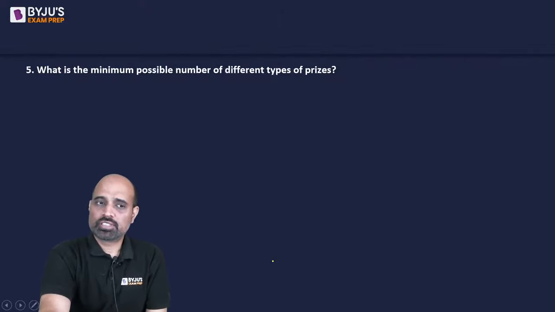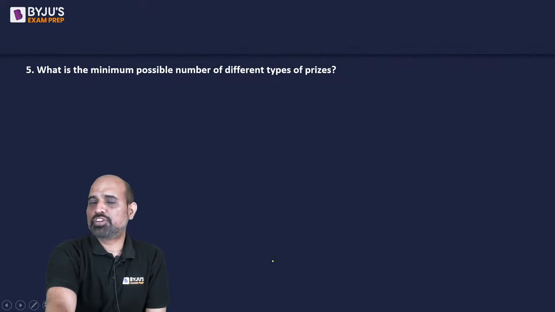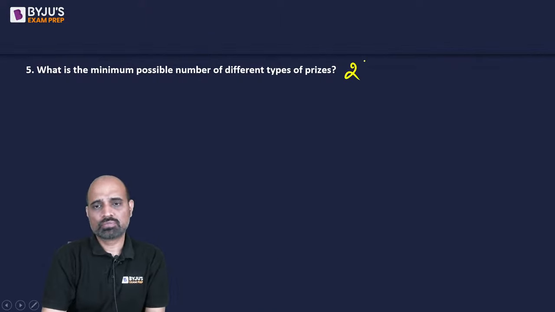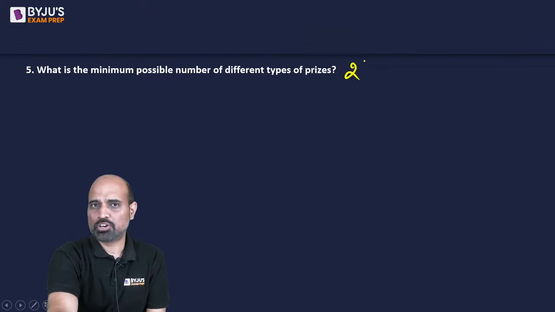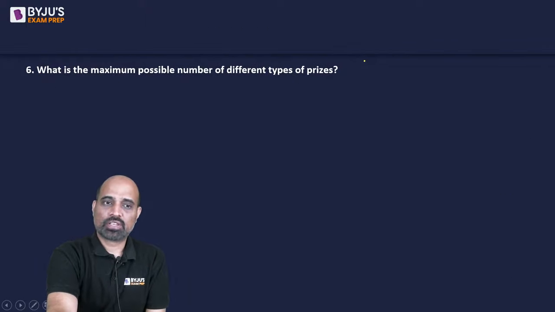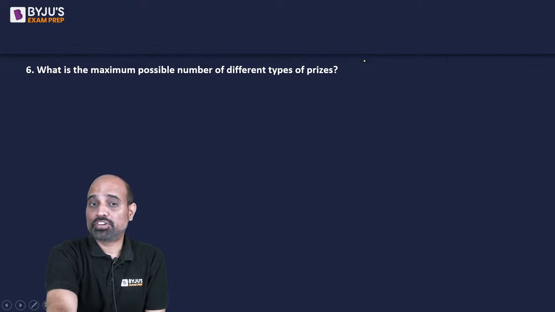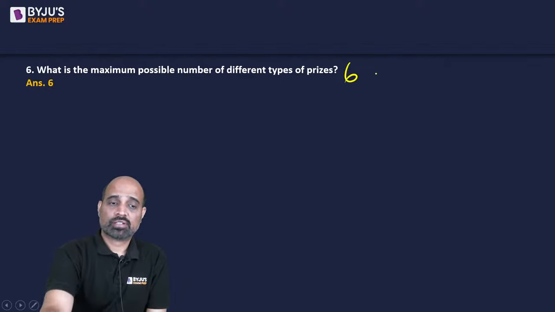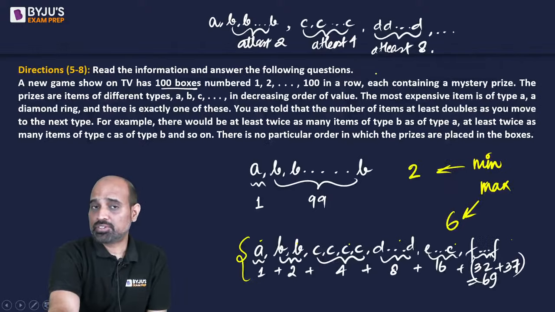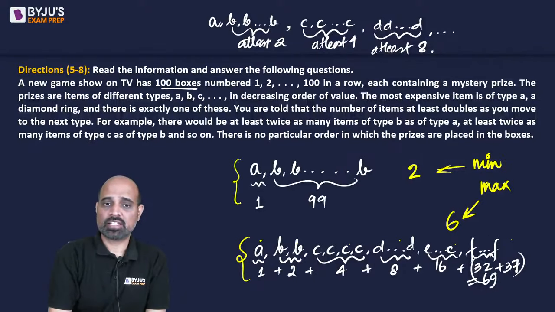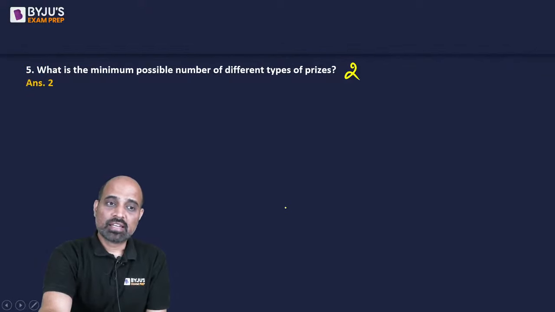Let's look at the questions. What is the minimum possible number of different types of prizes? 2. Minimum can only be 2, if A and B are taken. Okay. What is the maximum possible number of different types of prizes? 6. Right? The second scenario that we have looked at: this scenario is for min, this one for max. Next is